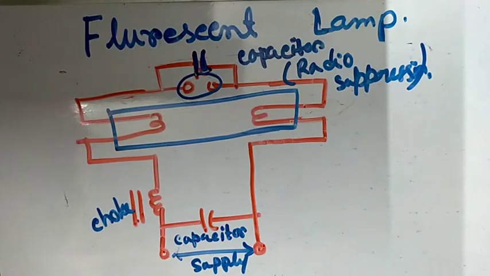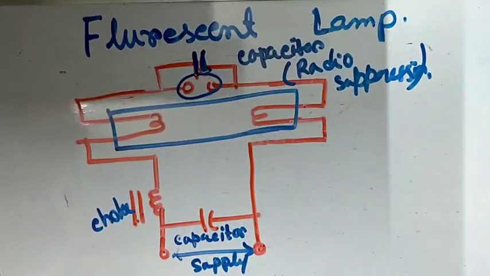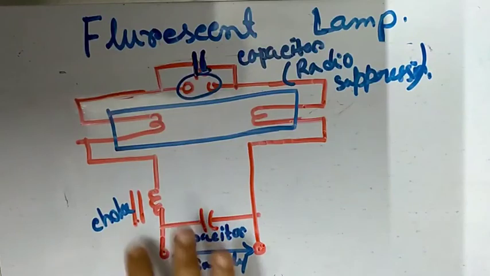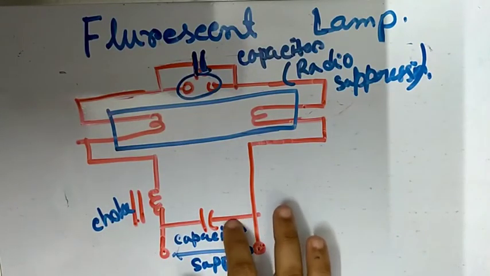Now the fluorescent lamp is in the form of a tube 3 to 5 centimeters in diameter and 0.5 meter to 1.5 meter long, with an electrode at each end, which are in the form of coiled filament coated with powder. As the operating temperature of the tube is approximately 50 degrees centigrade, no outer tube is required. A series choke for stabilizing the discharge and a shunt capacitor across the supply terminal for improvement of the power factor are used with the tube.